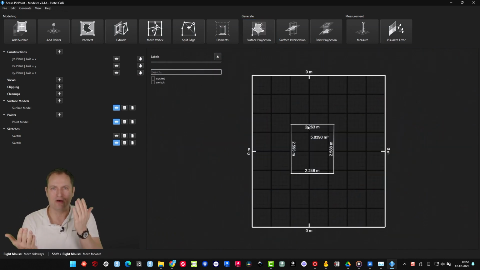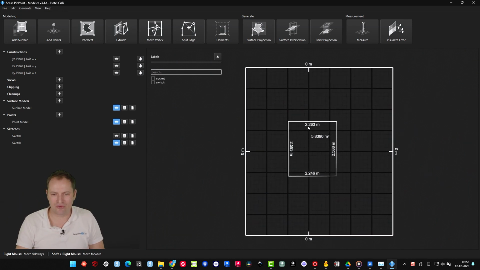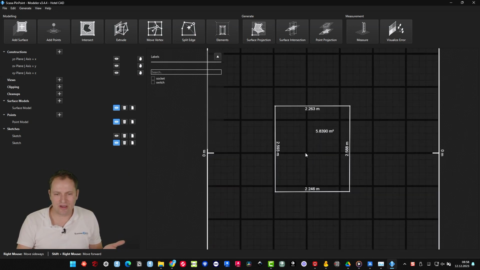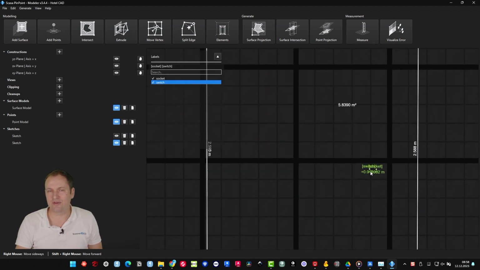So to maximize, look to the shape. Yeah, it's coming out, so we have the maximum dimension, and we can remember 2.263 meters. That's the dimension. We will measure this a little bit later. And then if you like to see your two sinks here, just turn it on, and then you see these two things, and you can save it and export it and use it in your planning or designing software.